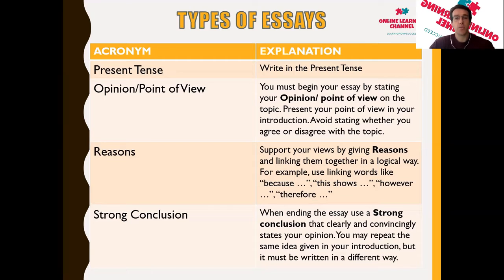The next letter, R, stands for reasons. Again, it's not going to be very convincing for the reader if you cannot substantiate your points or provide evidence as to why you hold a particular view or opinion on whatever topic it may be. So it's in your best interest to support your views by giving reasons and linking them together in a logical way. For example, using linking words like because or this shows, however, therefore, will again just give the examiner a sense as to whether they feel that you are elaborating on your points